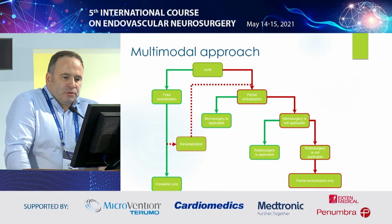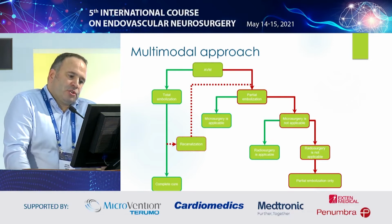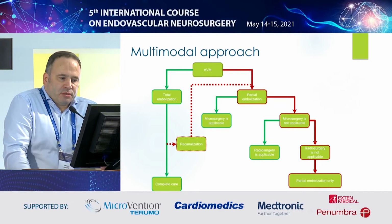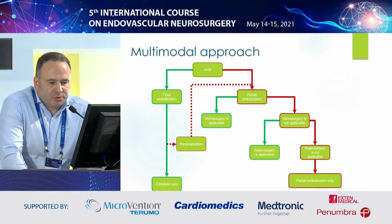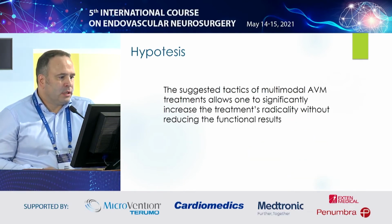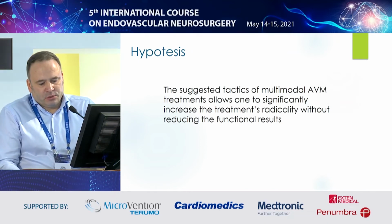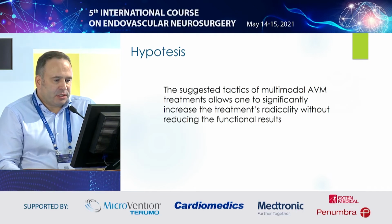AVM totally. We also use microsurgery, but the difference in our approach is that we immediately perform it, or we do not wait whether it ruptures or not, and we just transport the patient to the open surgery room and remove the AVM. If it is surgically unavailable, we perform radiosurgery. So this is the hypothesis we based our study on, and